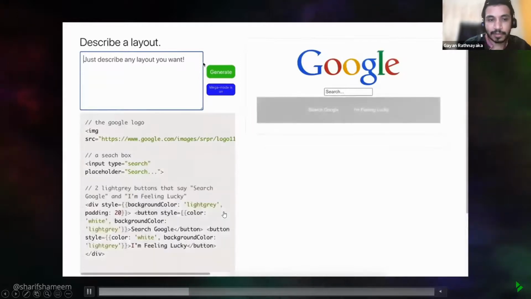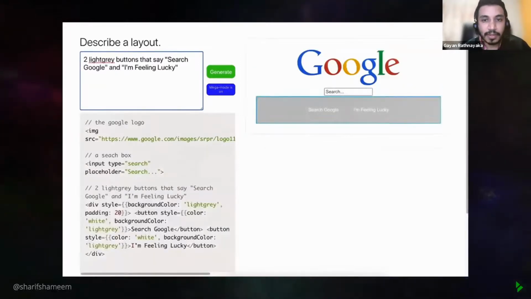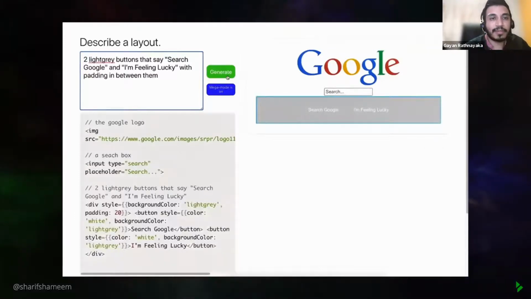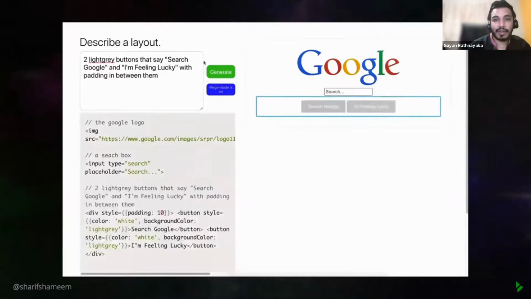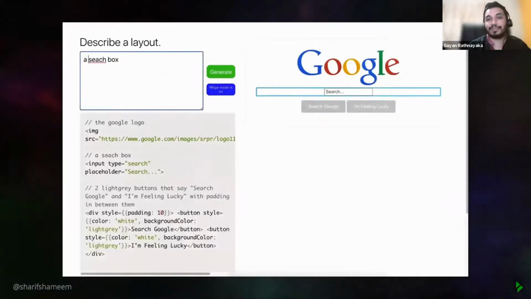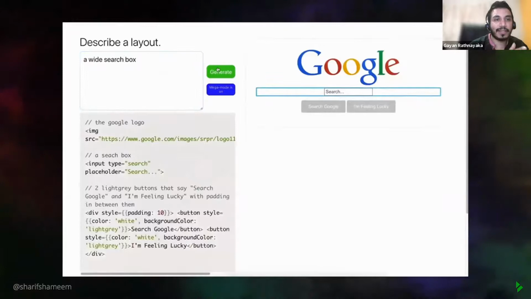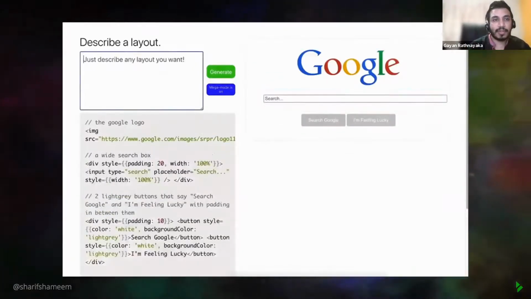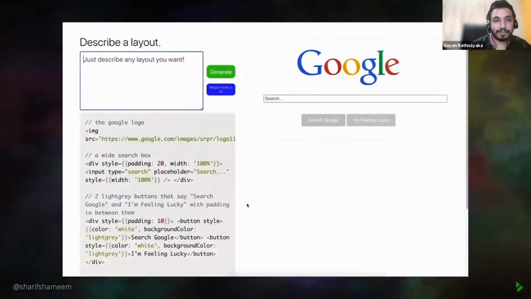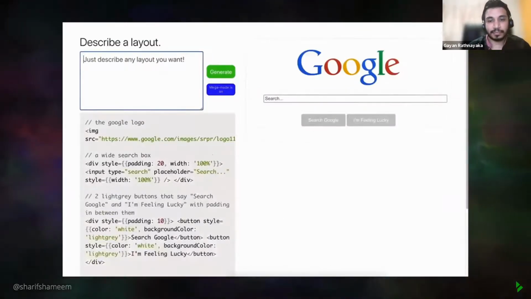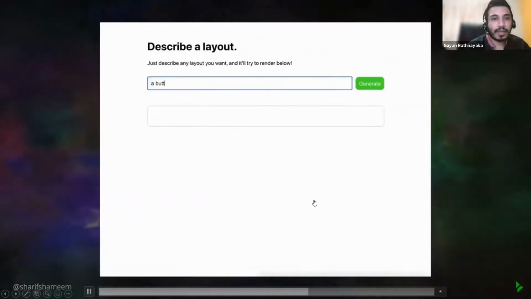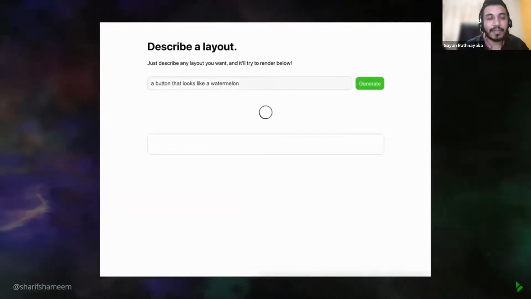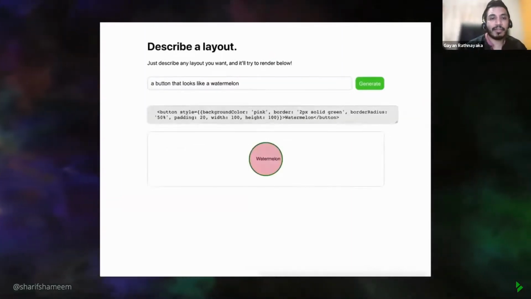Okay, it says with padding between them, right? So when we type this, it gives us the padding, and when we say wider search box, we get a wide search box. Okay, here we can write something like, we want a button that looks like a watermelon, and generate.